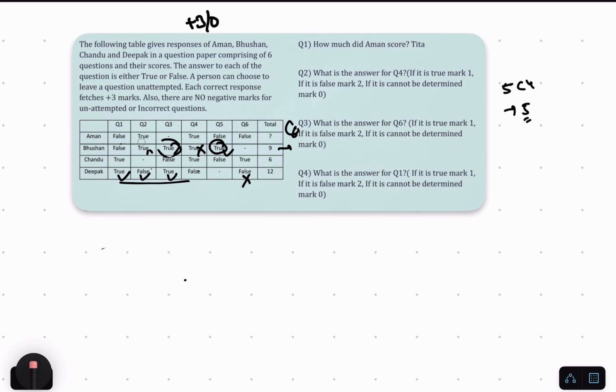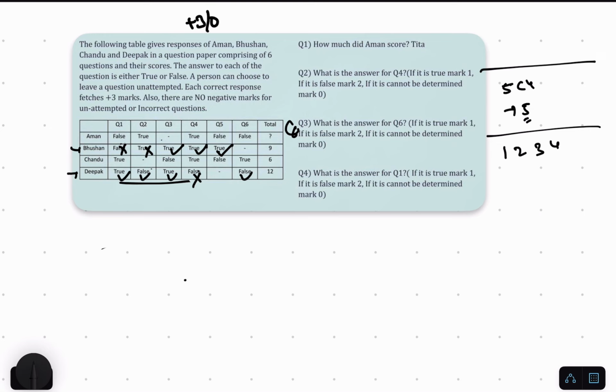Now we'll take the next case to be 1 2 3 as correct, 4th as wrong, and we'll list down cases over here, so that later on it becomes easy for us. 1 2 3 4 cases gone. Now 4 is wrong and 6 we will take correct. Look for Bhushan, as I told, the second highest person. So Bhushan is, this is true, so this is wrong, this is false, so this is wrong, this is true, this is correct, this is false, so this is true, false is wrong means the answer is true. Now here we don't know. Now see, his marks are 9, so this has to be 9 over here. So this we will take true.